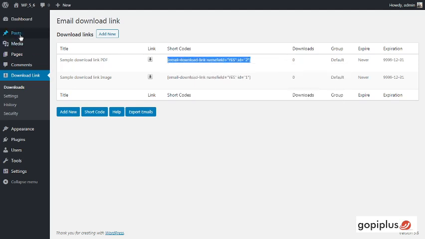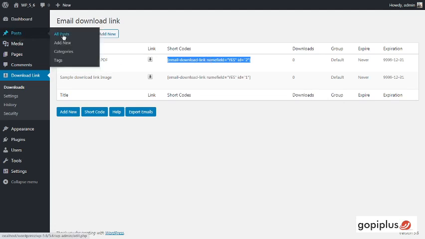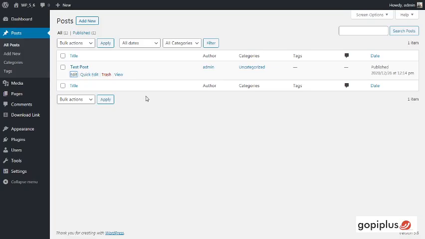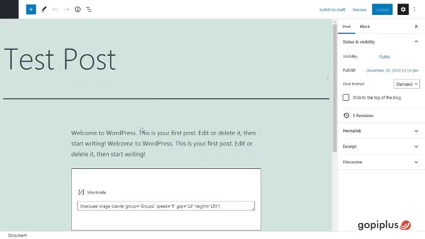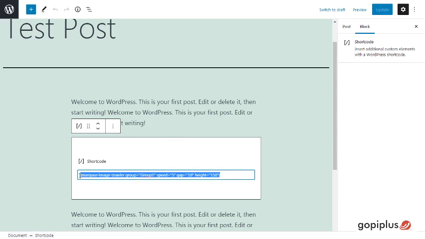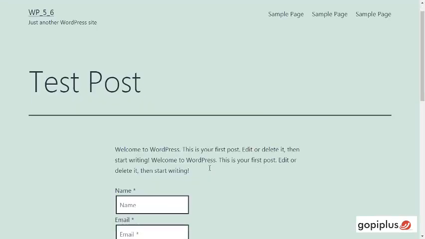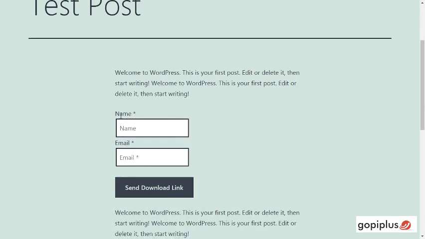in the front end. So I copy the shortcode, go to the post, paste the shortcode here, then click the Update button. Now we have added this shortcode in this post. Now we go to the front end. In the front end we got the download link